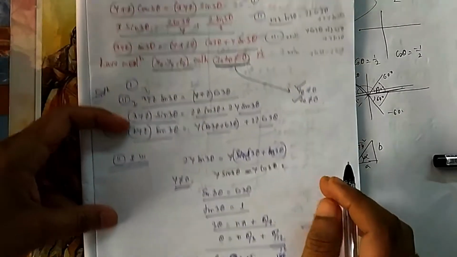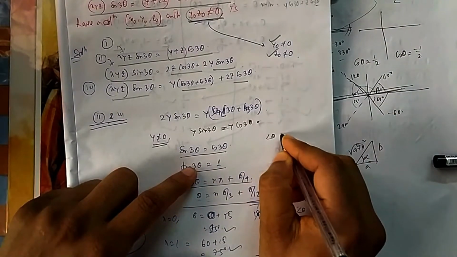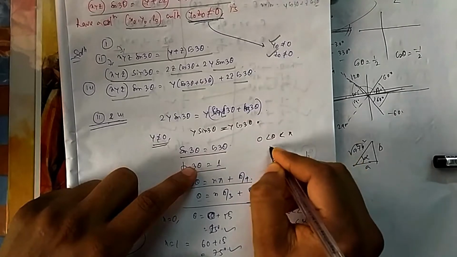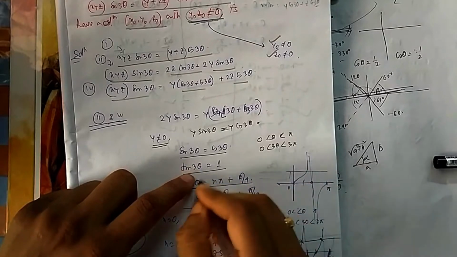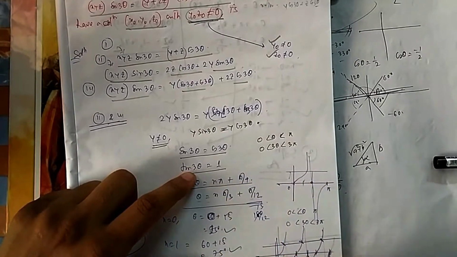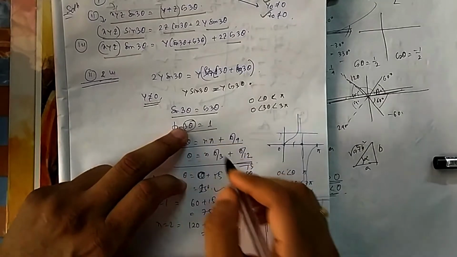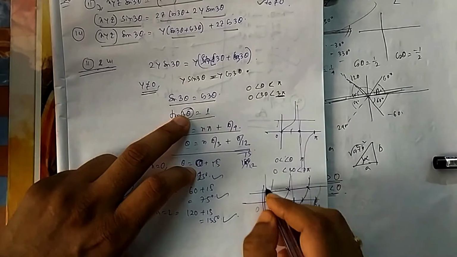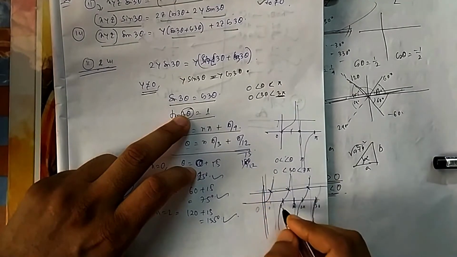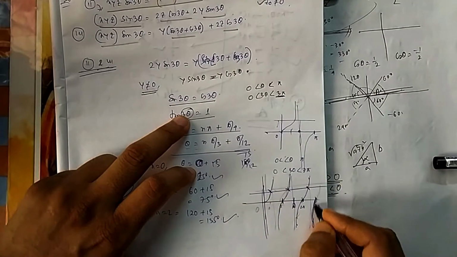Now they have given a limit where theta lies between 0 to pi. Okay. But what is the angle here? 3 theta. If theta lies between 0 to pi, then 3 theta lies between 0 to 3 pi. So now you have to think, you have to draw tan theta, and this is the angle here. So it should go up to 3 pi. So up to 3 pi you can draw tan theta. This one is pi, this is 2 pi, and this is 3 pi.